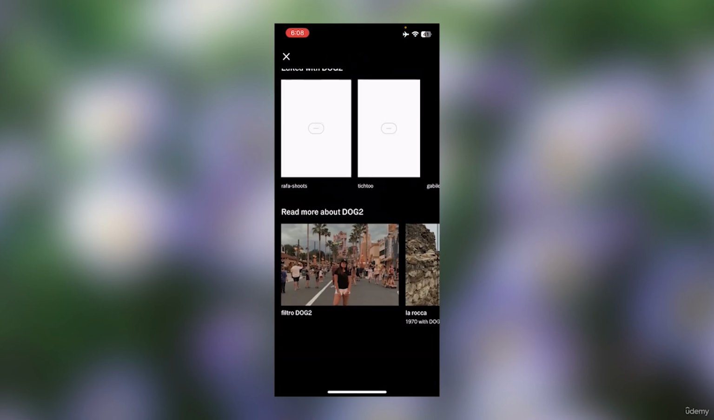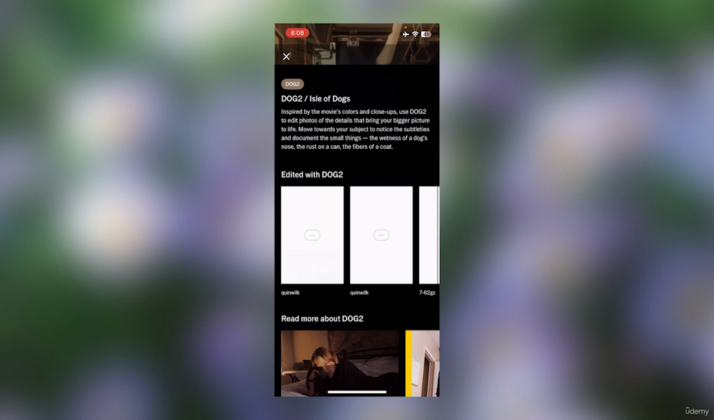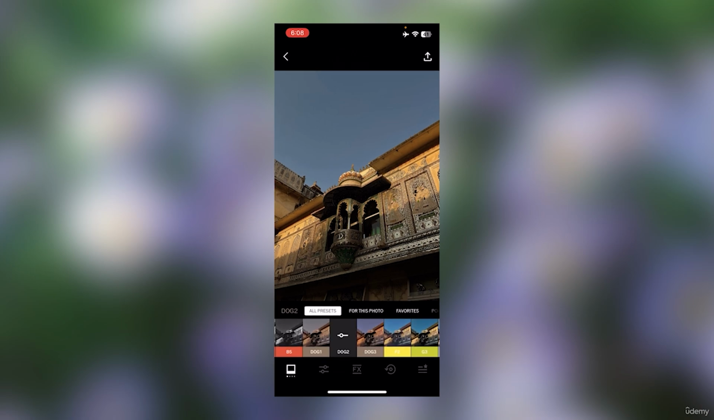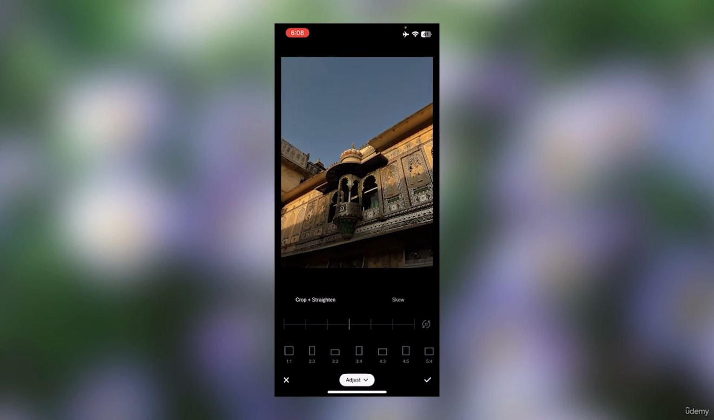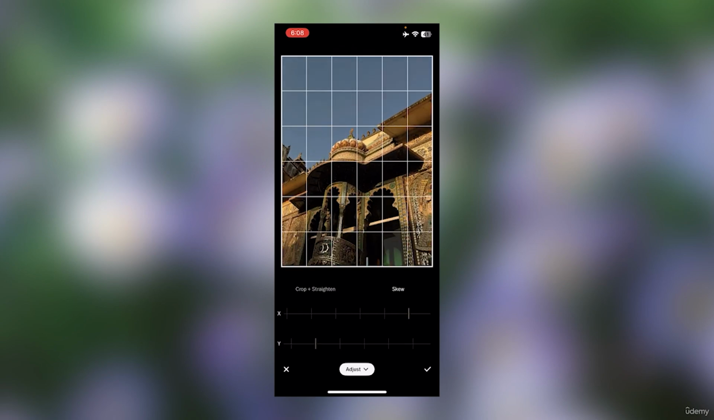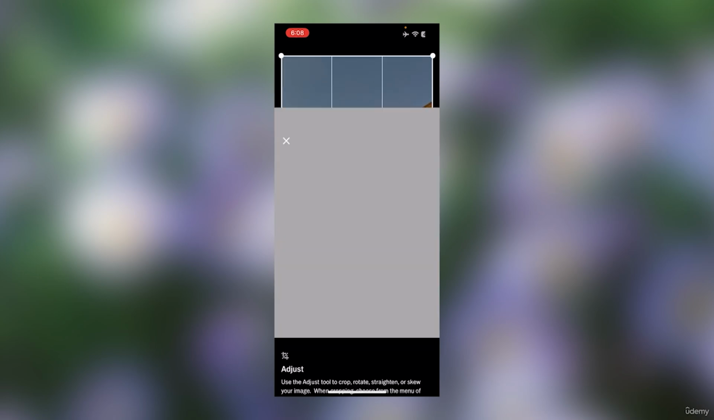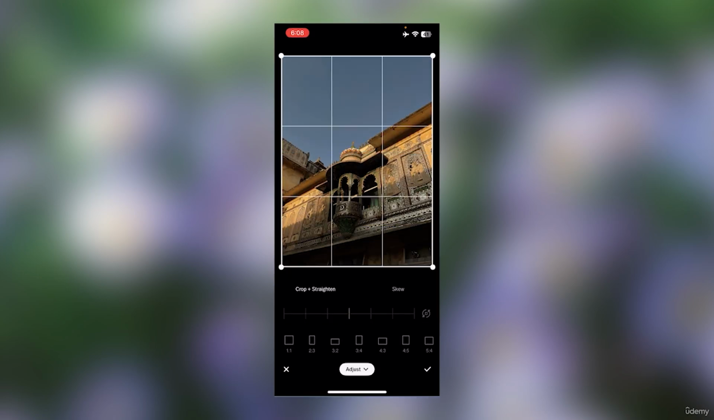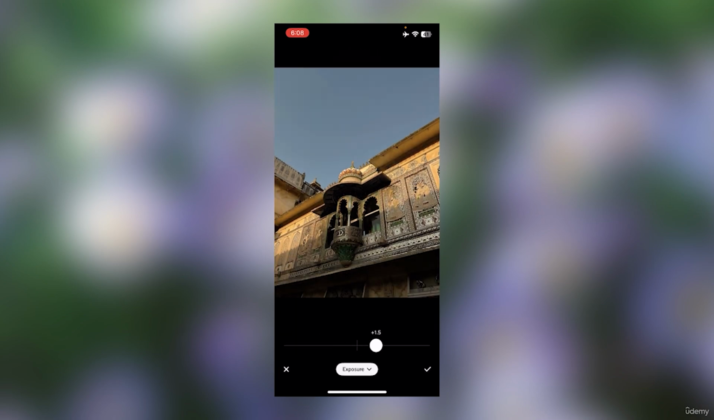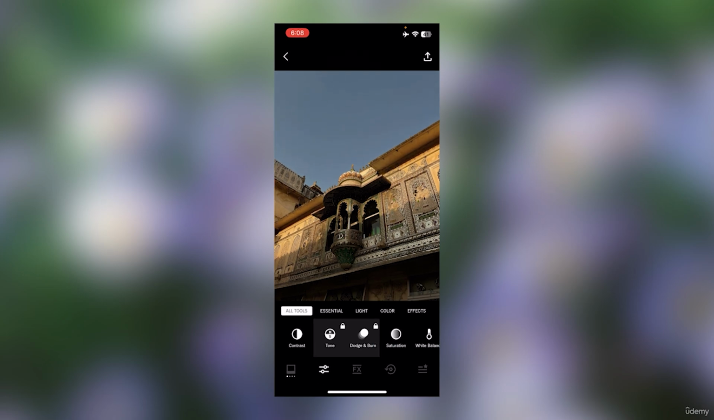You can also see more examples from the filter, what type of photos look good with the filter. I think this looks okay. Now you can adjust, click on adjust, and you can rotate, you can skew like this. Exposure, contrast, even